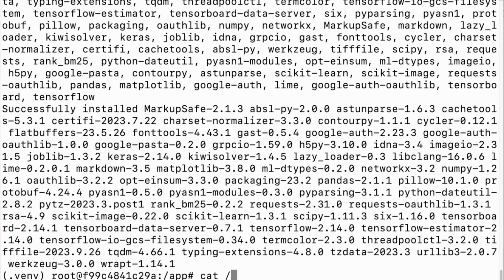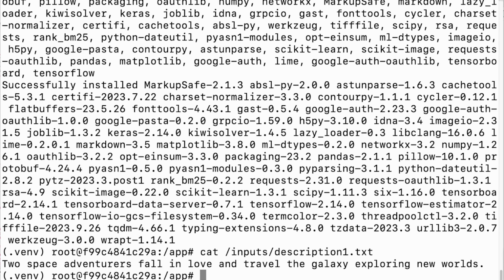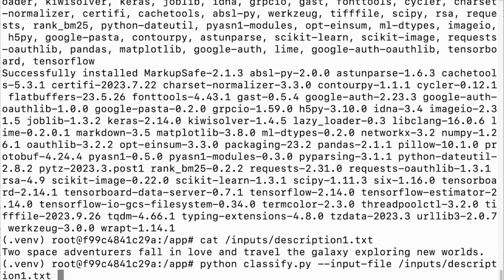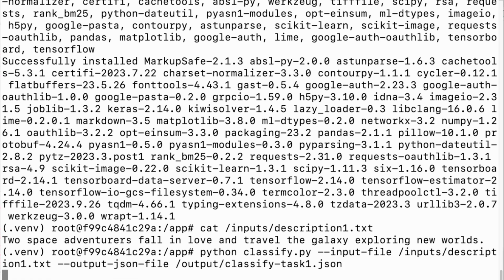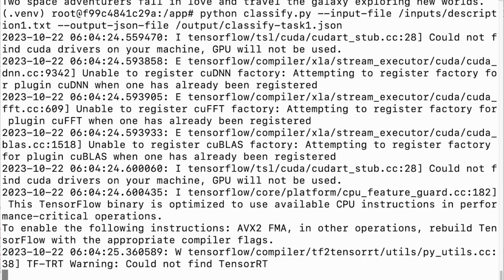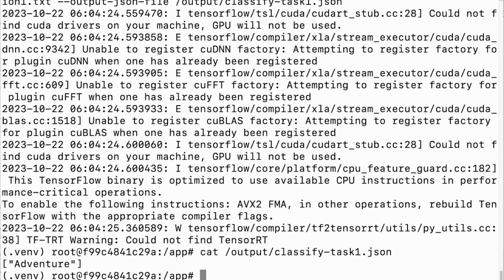First I'm going to test classifying just an ordinary text using the built-in model that you supply here. Obviously I won't use this text, this is just an example. So I'll run your classify program using that input file. I'll run it with the output file going somewhere. And it doesn't matter what your program displays to output. The only thing that matters is how it writes this JSON file,